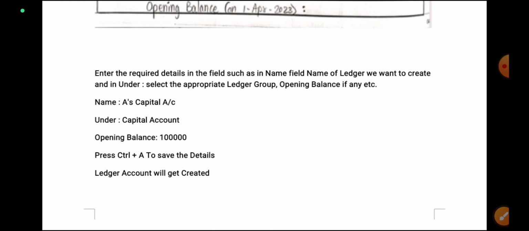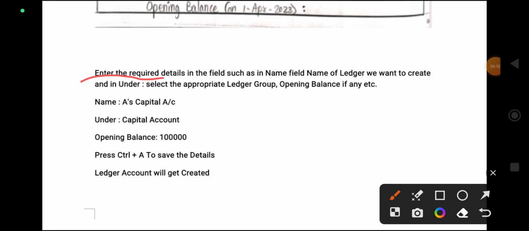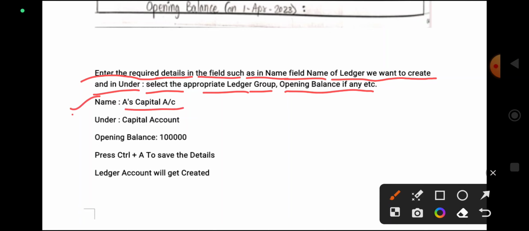Here enter the details. So enter the required details in the fields, such as name, in the name field the name of the ledger account we want to create, and under, select the appropriate ledger group, opening balance if any, etc. Below, write: name is Capital Account, under Capital Account, opening balance 10,000.